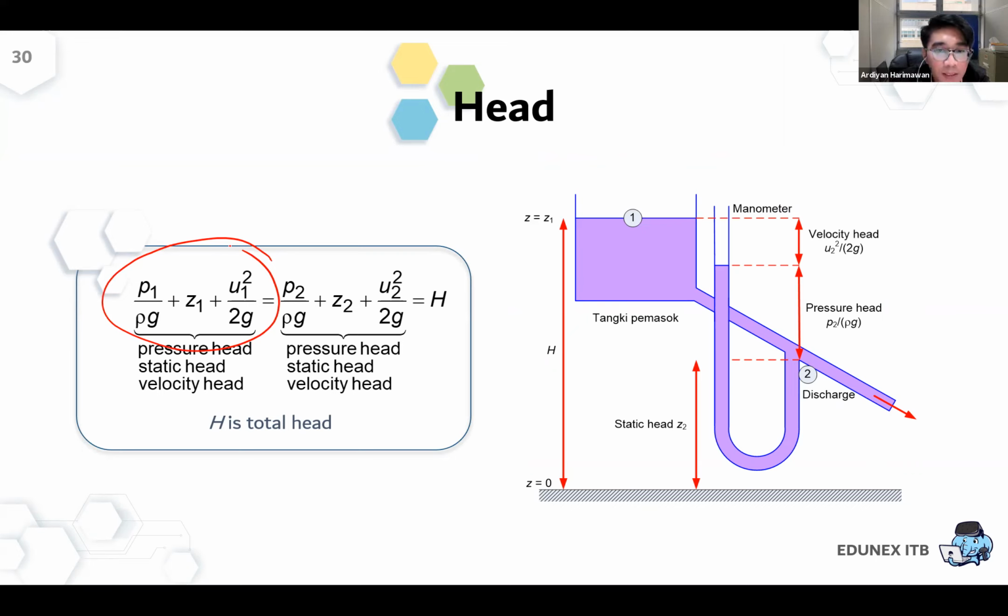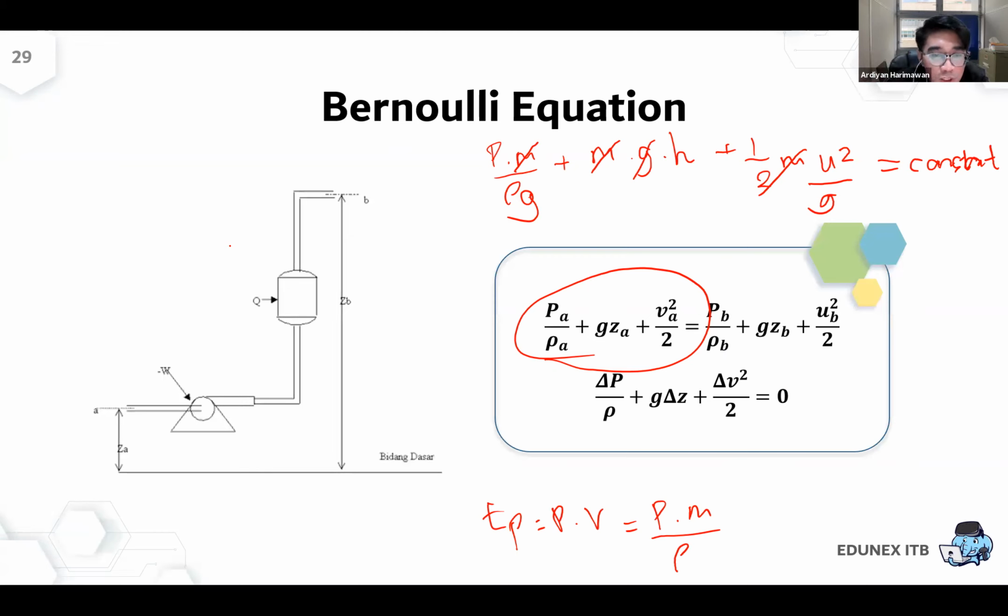The unit will be length or height. But it's still all energy, just a difference in how you state the unit. It can be in terms of energy, joules, in terms of specific energy, joules per kilogram, or in terms of head,